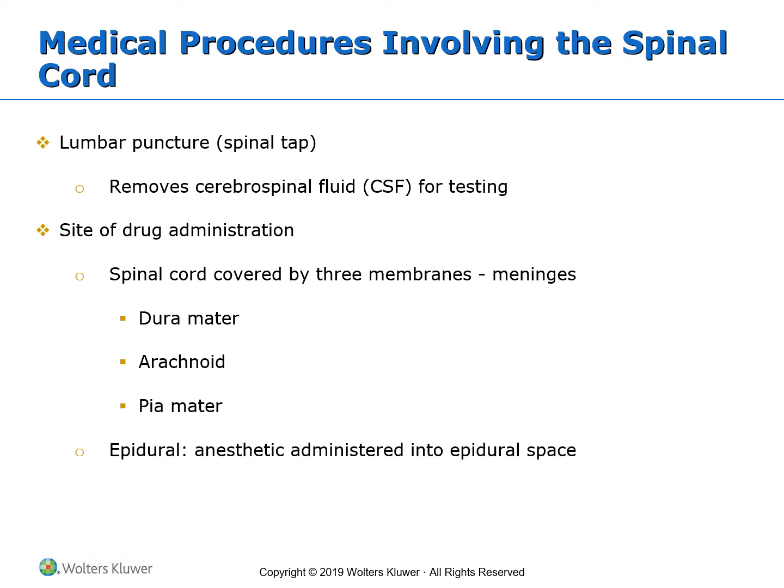During the spinal tap, we can remove the CSF to test for signs of infection and inflammation. Ideally, the location for the spinal tap is somewhere between the third and fourth lumbar vertebra, because in this region the spinal nerves, or the cauda equina, are present instead of having a spinal cord per se. On the other hand, at the level of the spinal cord, we can administer drugs.